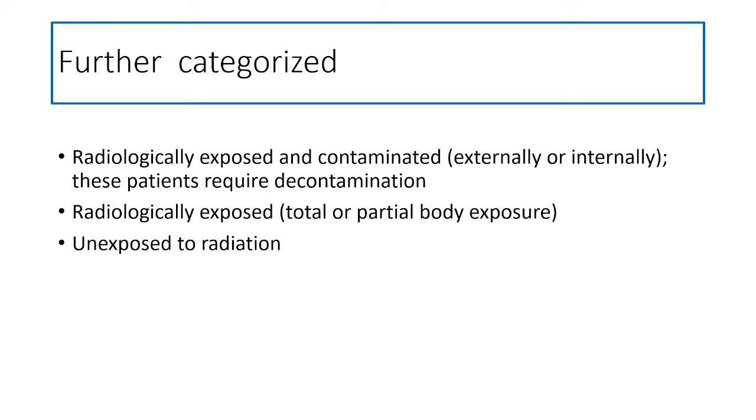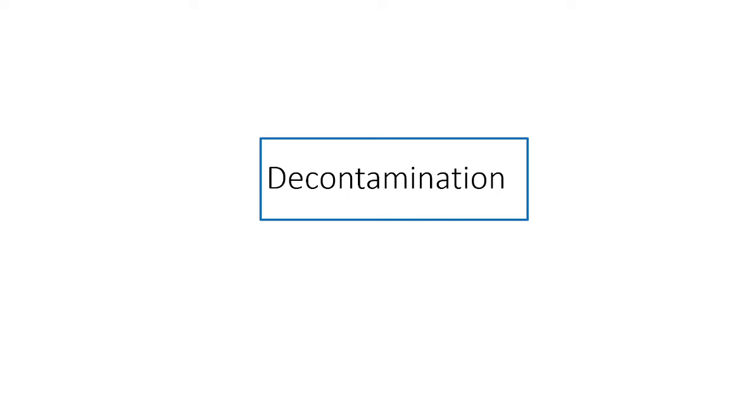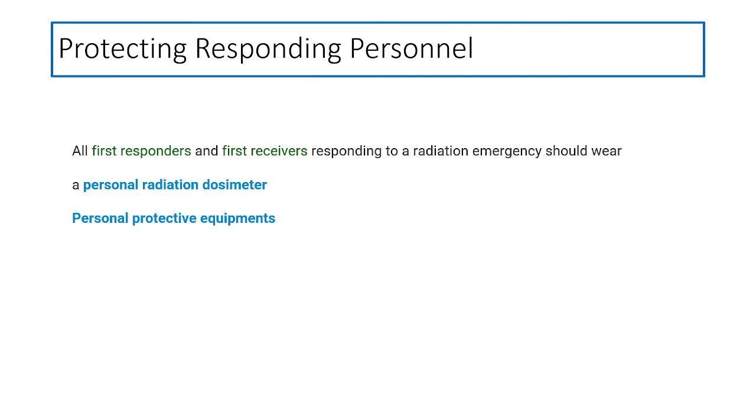After the triage, we further categorize the patients into exposed, contaminated, or irradiated. The contaminated patients, if they do not have any life-threatening condition, are sent to decontamination areas. Then moving on to decontamination. Before decontamination,